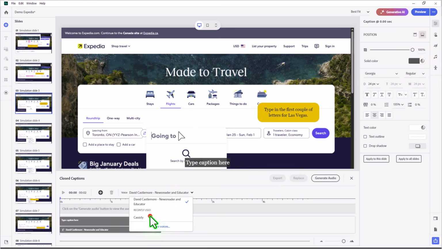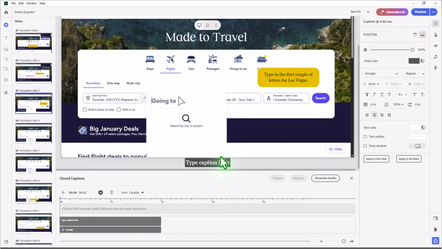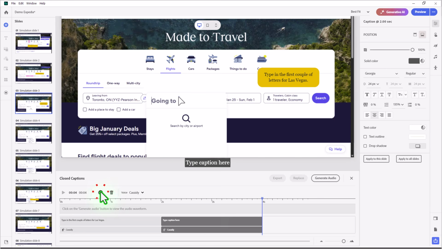We'll use Cassidy once again. And the narration goes in the closed captions field there. And I'm going to add something here. I don't need to include it in the instructions, but I just want to point out that you can click on the Add New Caption icon, and we'll just say, in this case,